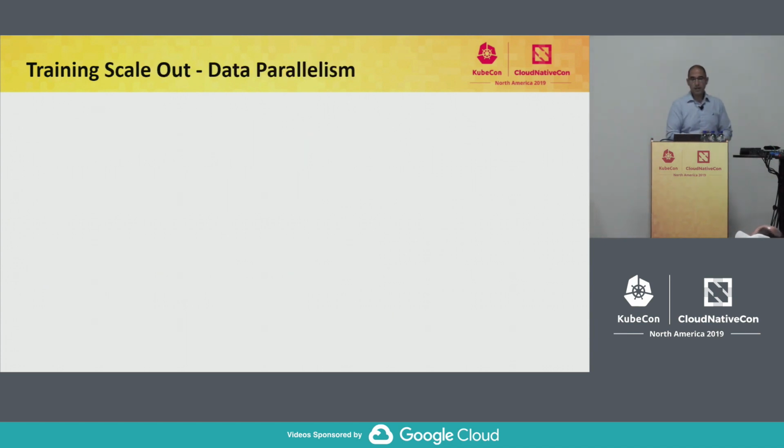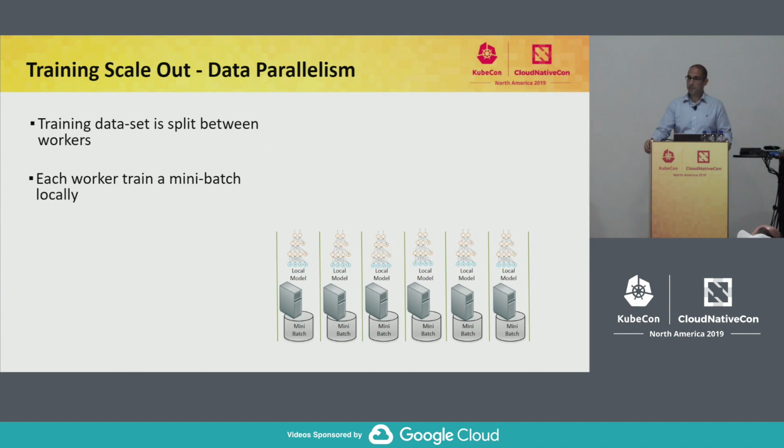So how do we do scale-out in machine learning? There is a paradigm called data parallelism. Basically, instead of having a single computer that has all the input data, we just add more computers, we scale out. And we take the input data and split it between the different computers. So in this example, each computer will get 1/6 of the data. And then it does local training.